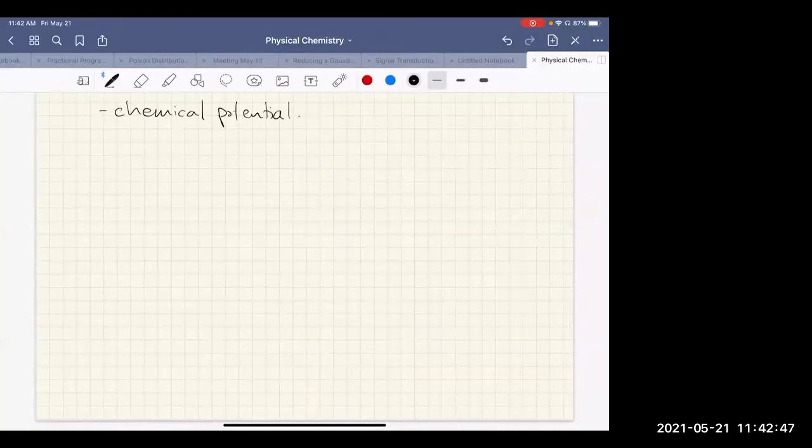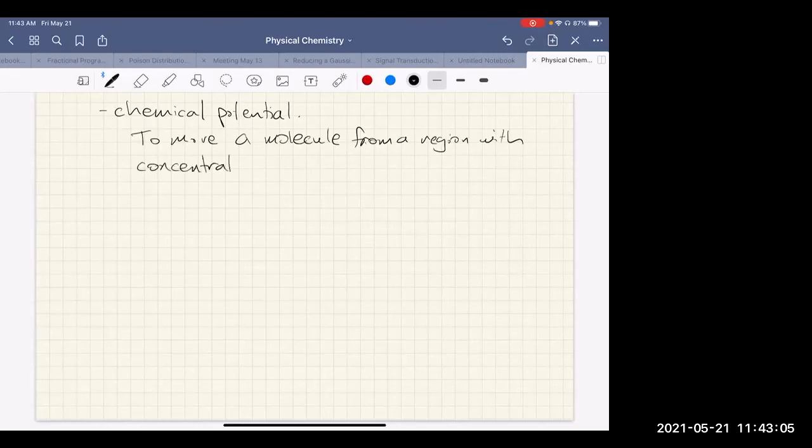And in order to move a molecule from a region with concentration C0 to a region with concentration C1,